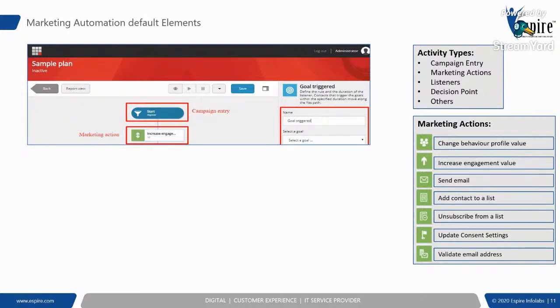And you can update consent settings about whether they opted in or not, those things, or you can validate their email address. So if they have maybe responded to your email, then you validate their email address. Yes, that was correct. So these are the default actions available in Sitecore Marketing Automation, and we will show you in maybe the next slide how you can extend with multiple custom actions